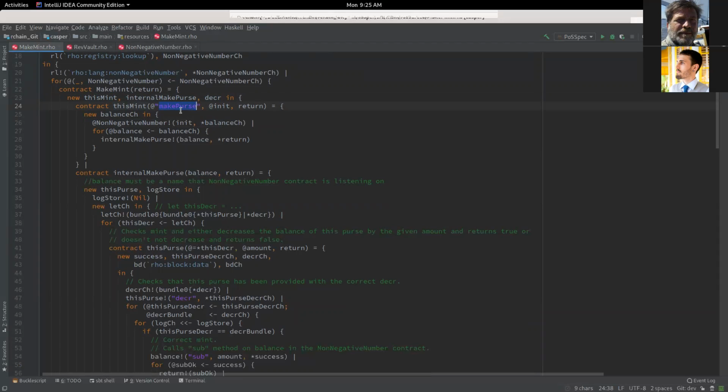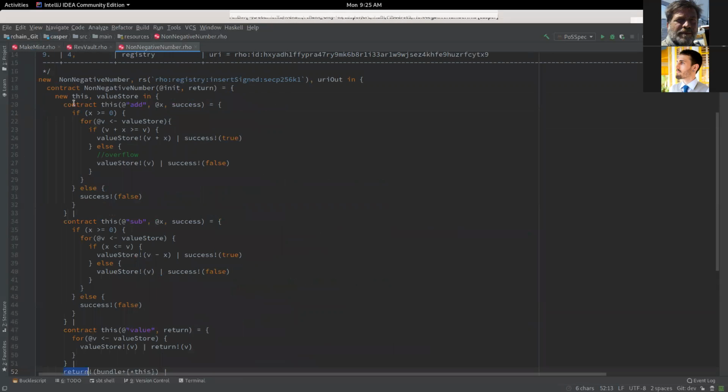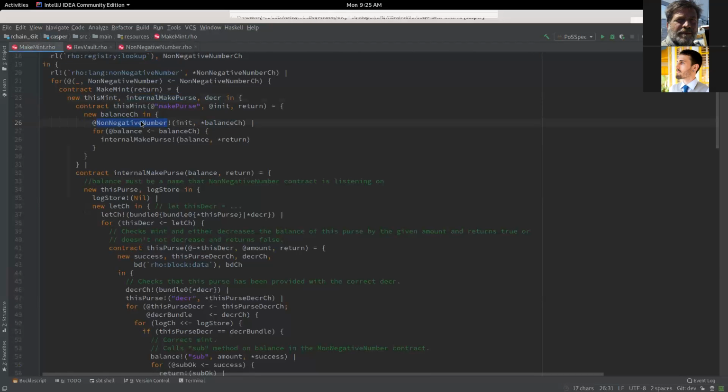But when we make a purse, we got some non-negative number, something returned from the non-negative number contract call, which was some write-only bundle that held a name in it, whatever name that non-negative number made. And then we grab that thing. So this is some write-only bundle.